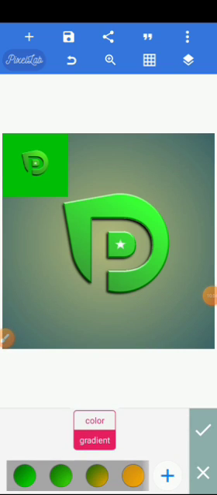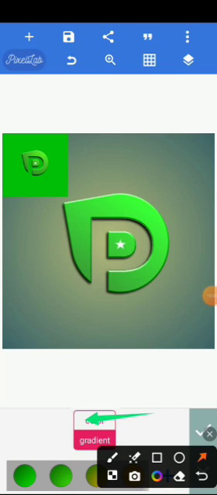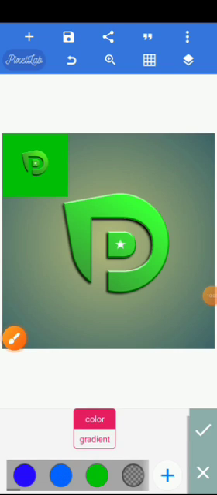Alright, we're going to give it a plain background, so you click on color